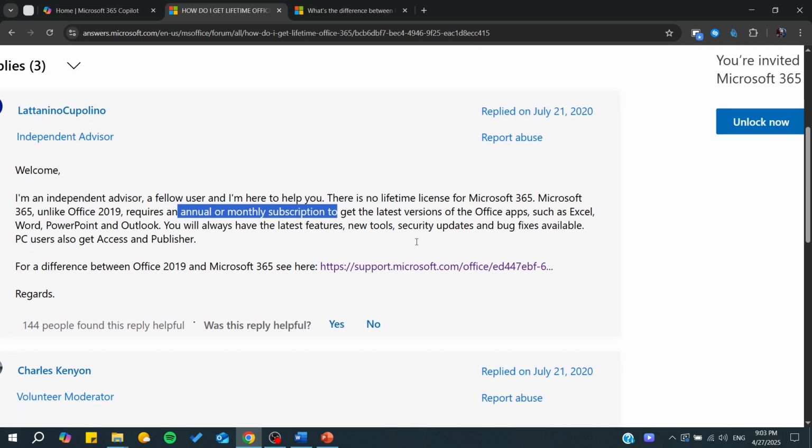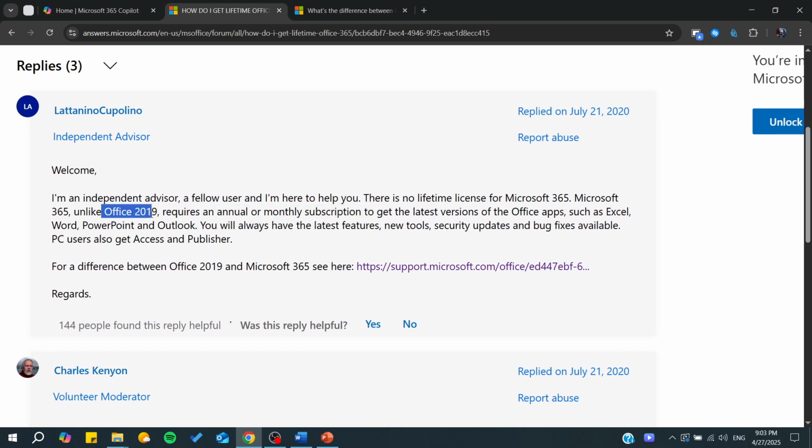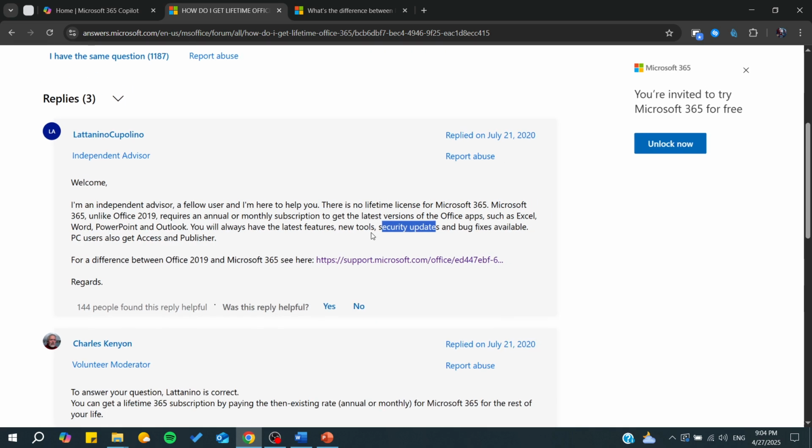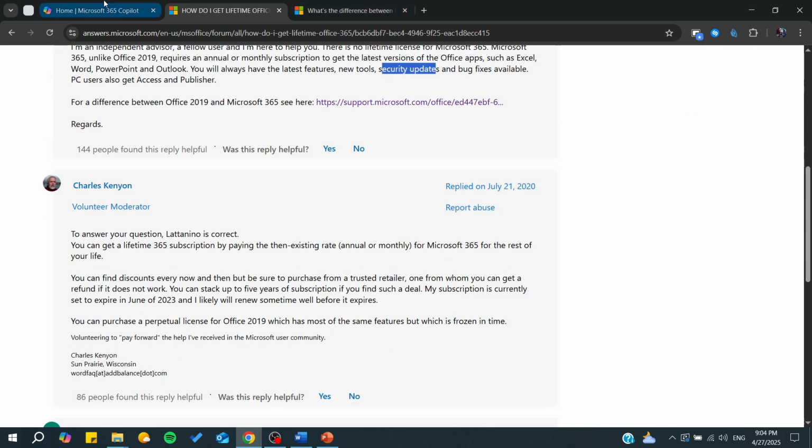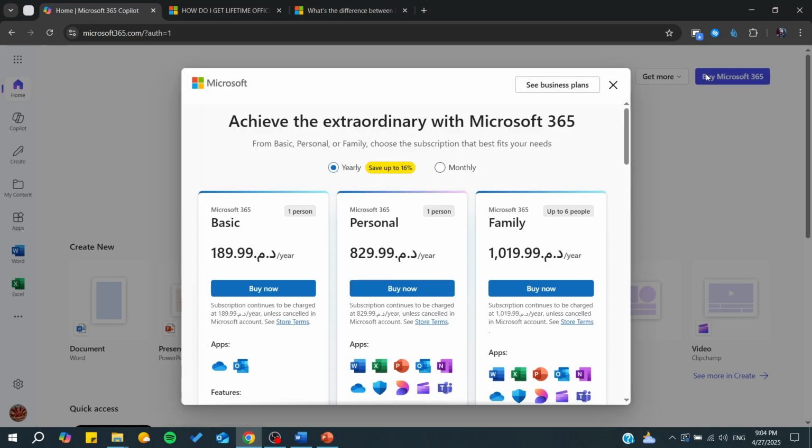And for such Office versions like 2019, there are no updates or newest features that will be added to it. In contrast, for Microsoft 365, you will always get the latest version of the Office apps, and you will always have the latest features, tools, security updates, bug fixes, etc. To do it, you will simply need to go to your Microsoft account, and from there